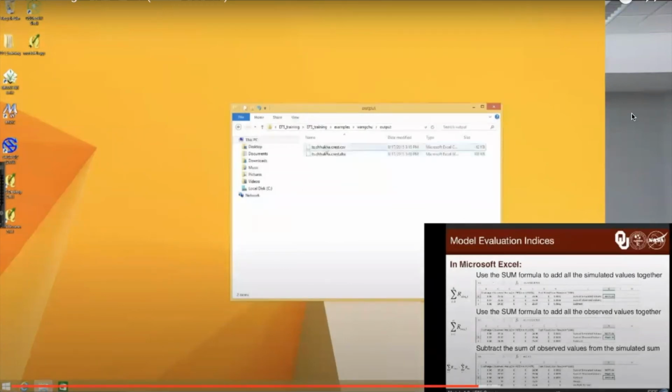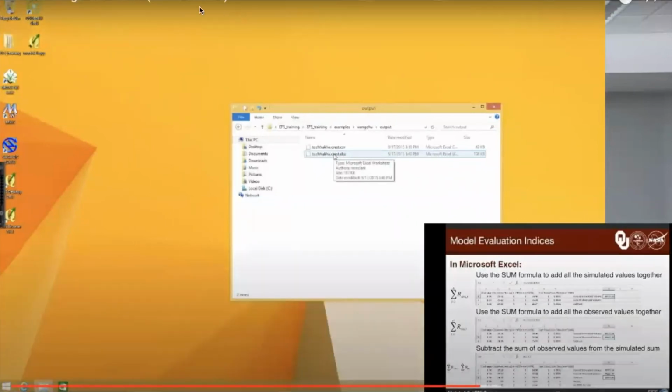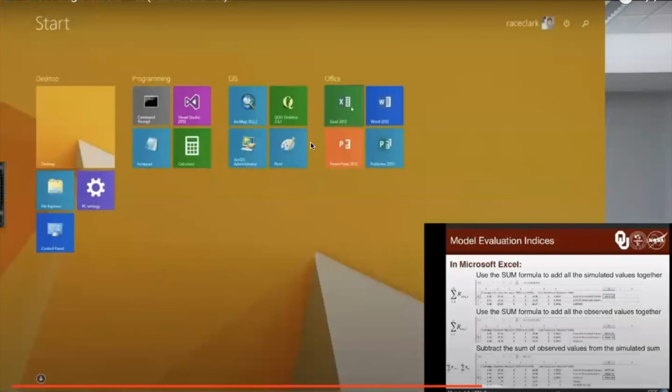And you may not have done this, but earlier whenever we were making the hydrograph, I saved my file as an Excel sheet, .xlsx. You might have just kept the original file as a CSV. Either one will work, but what we need to do is go ahead and fire up